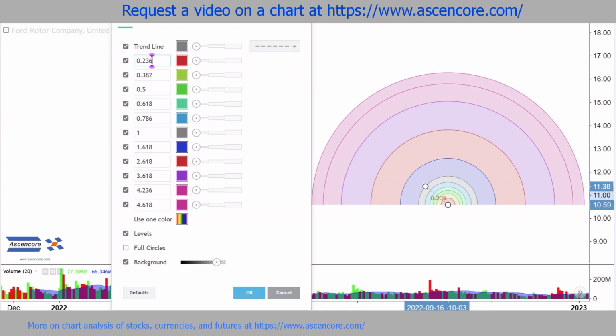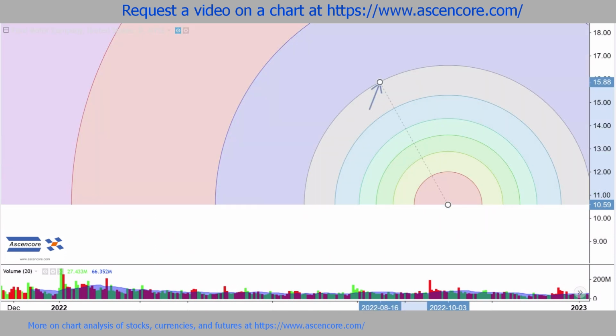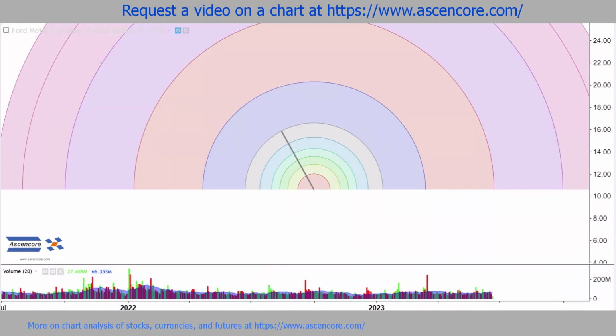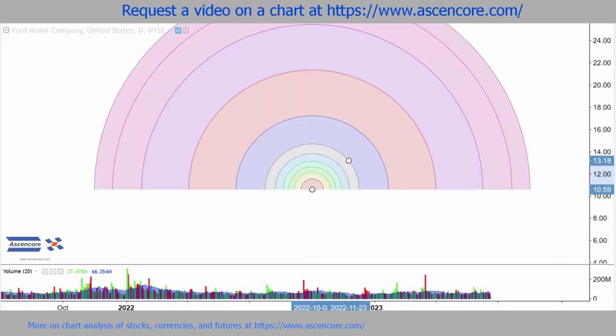These are all those familiar fib levels we've seen before, but now they'll be in the form of arcs. The first point is the origin point starting from the center of the arcs. The second point's placement will determine the size of the arc. Similar to other fib tools, there's the option to display a trend line to connect these 2 points in order to better visualize their connection to each other,